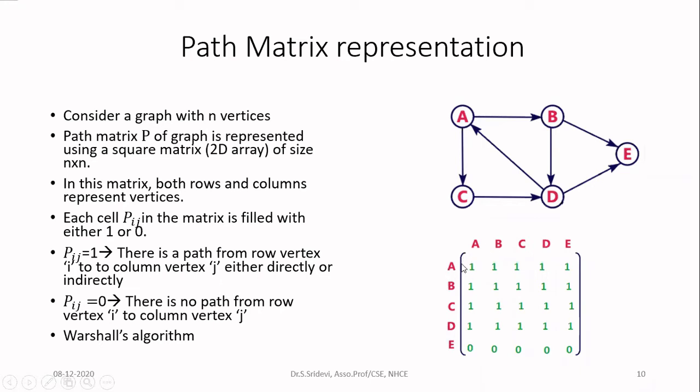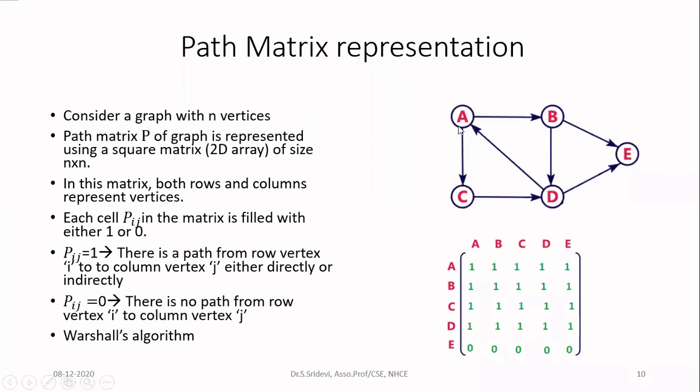So if I have a path from A to all the remaining vertices, I'll be using the first row. Now let us consider whether you have a path from A to B. From A you have a direct connection to B, so here also we will write 1 because we have a path from A to B. But this is a straight path. The previous case was an indirect path, but now we have a direct path. Now let us consider from A to C. From A, you have a direct connection to C. So under the row A, under the column C, you write 1 because there is a connection existing.